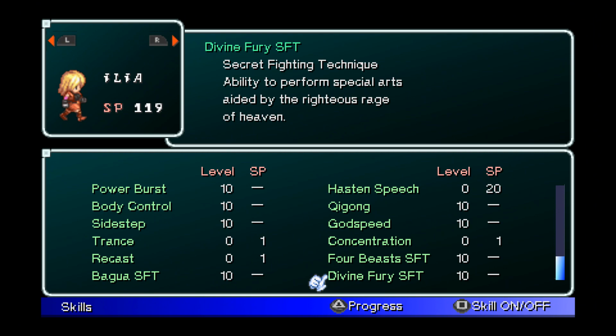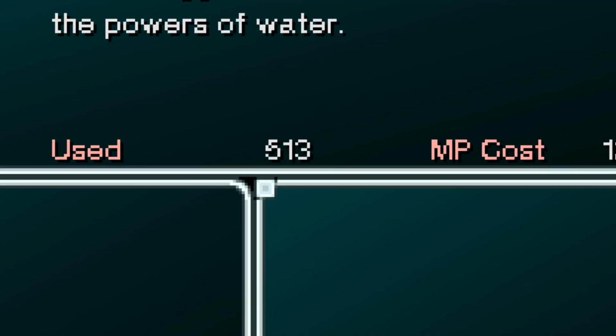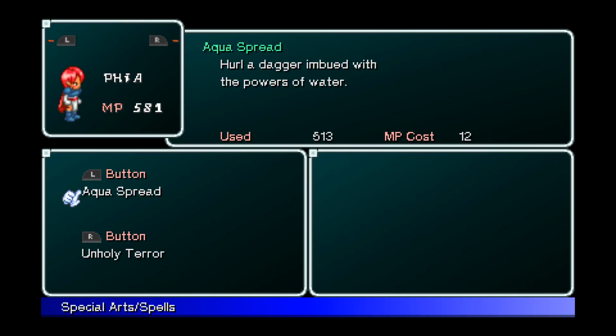Okay, then we have use your special arts and spells, spam them. For example, you can see on Fia here, Aqua Spread, which I used 513 times. And by the way, if you get Aqua Spread with Fia, to me, it is her strongest power. This is amazing. Anyways, when you fight against monsters and you spam or use a lot one of your skills, the skill will get stronger because you used it a lot, right? One example of this would be